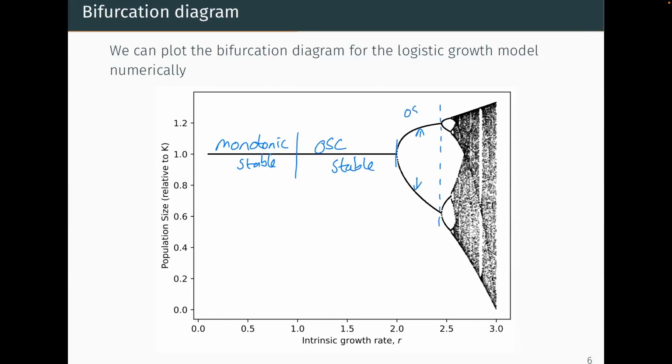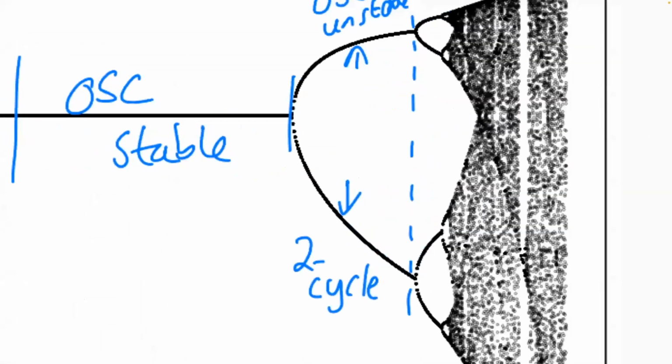So here, this is oscillatory unstable. In fact, it's oscillatory unstable for all of these values. But between 2 and about, I don't know, 2.4, we have a 2-cycle. So it's going back and forth between just 2 values. This point here,